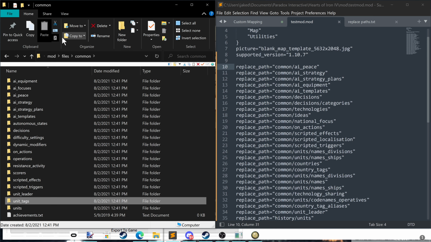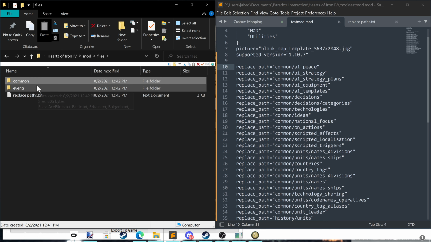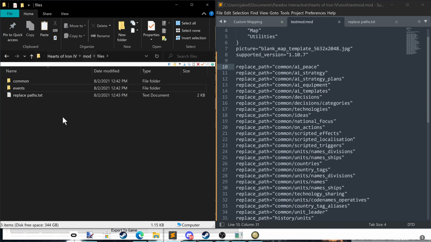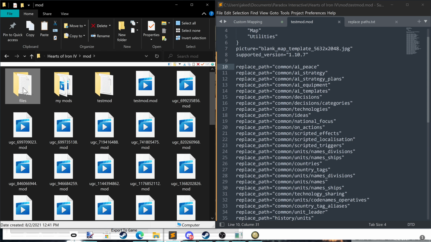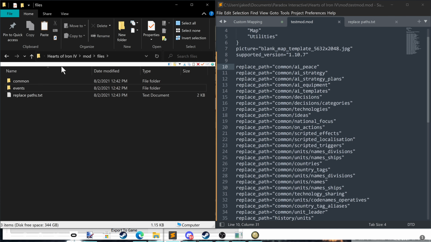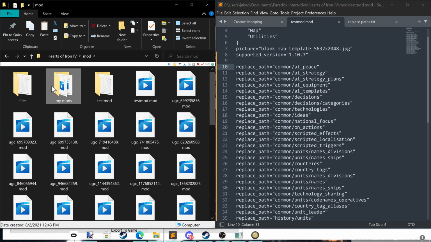You're going to want to paste them in your mod. So what you can do is just copy both of these. I'll leave like a .zip of just this folder in the description. I don't know, I'll find a way. I don't know how that works, but it'll have the replace paths, the version, and these two things, and anything else you'll need if we